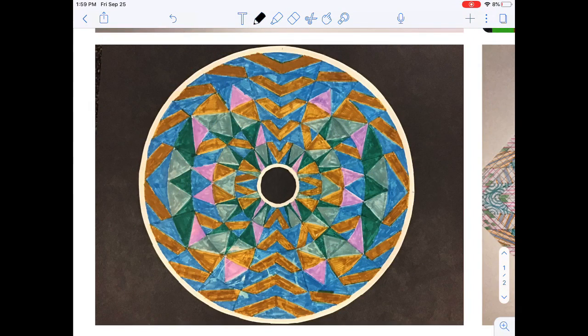Okay, this one, for example, some of the elements fuse, but it's not trying to be real obvious that this came